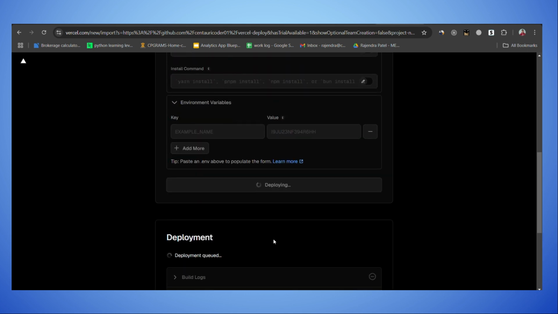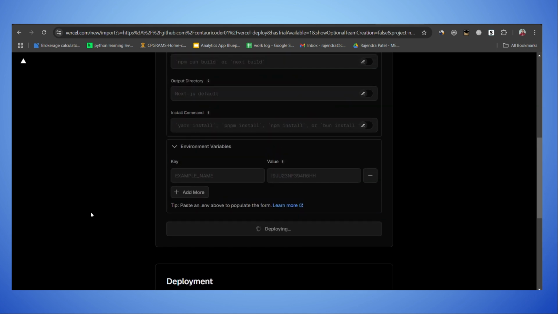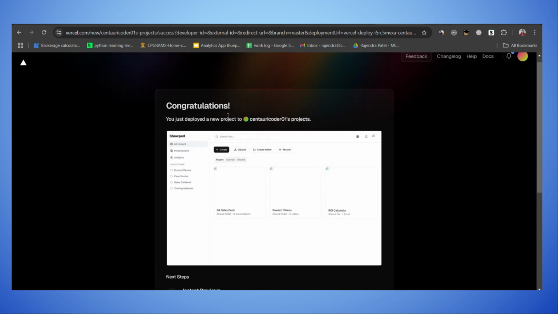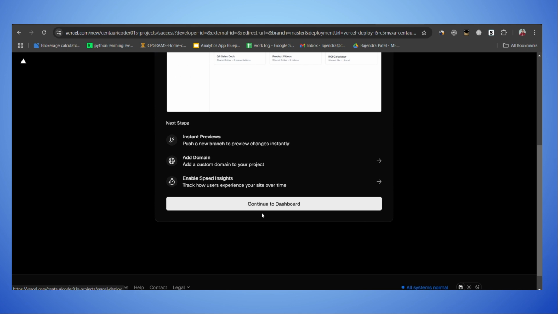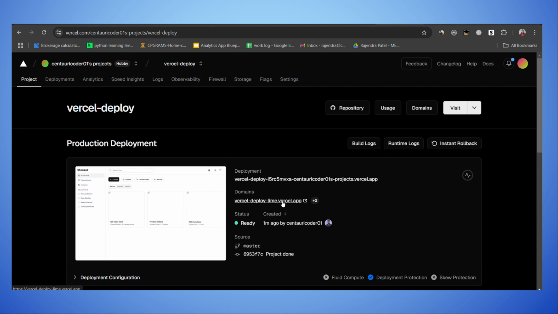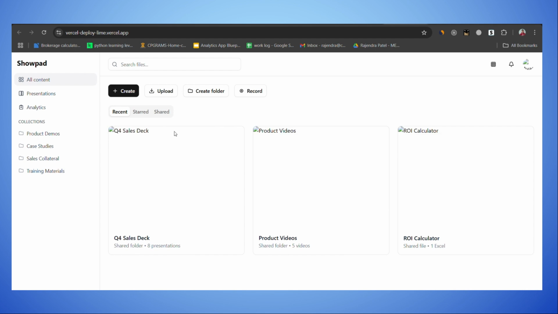It takes some time, but generally it's fast. So you can just wait for some minutes. Okay, as you can see, we got the congratulations message. Your project is deployed. We can go to the dashboard section, and here we will get the URL. As you can see, this is the URL. You can click on this and boom,